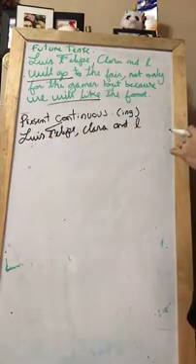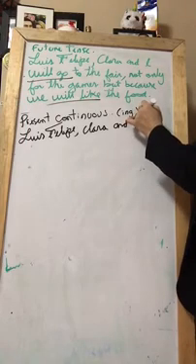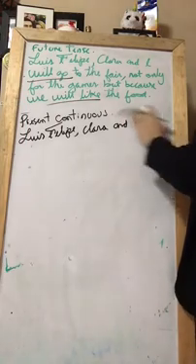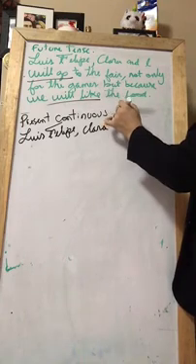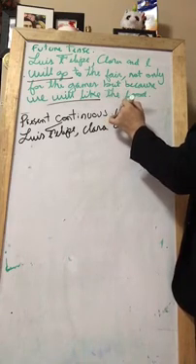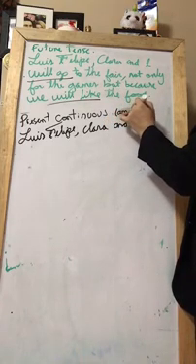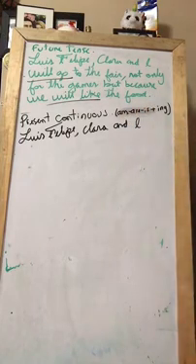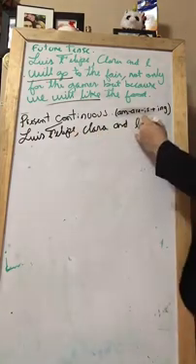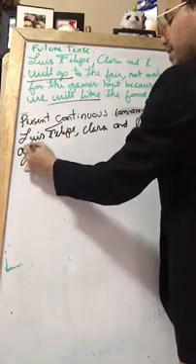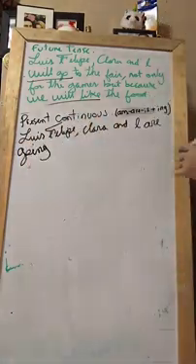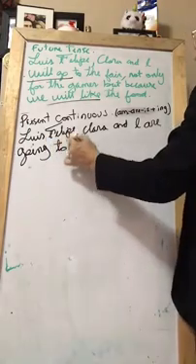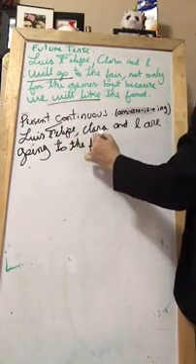You're missing something. You're missing am, is, are plus ing. See? Am, is, are plus ing. So you have Luis Felipe, Clara, and I are going, because the root was go, see? To the fair,